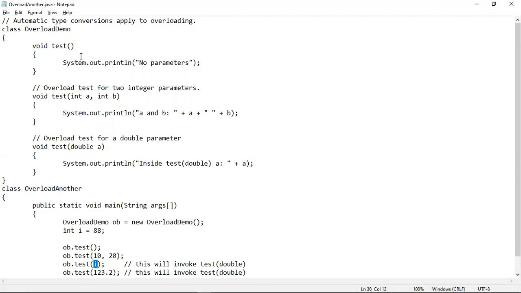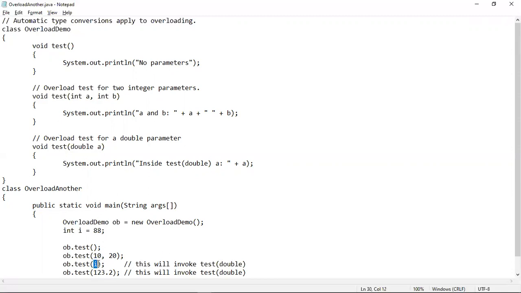But here you can see that no overloaded test method has a single integer parameter. So in this case, the compiler should give you an error. But this is not the case. The compiler is not going to give you any error here. Here the automatic type conversion will take place.